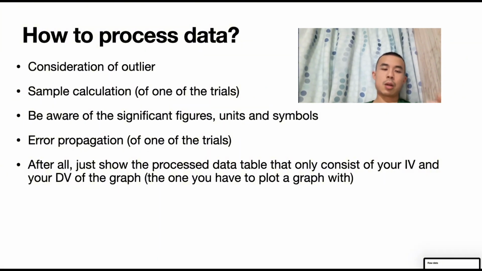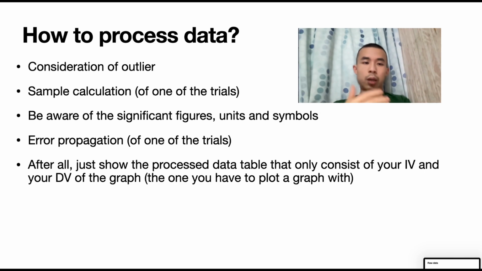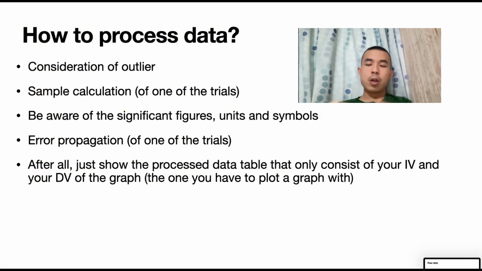Now, how do you process data? If there are some outliers, you can say that it's an outlier. And then you should use one of the trials to do a sample calculation, so that the marker will understand how you go from the raw data to the processed data table. Now, for example,